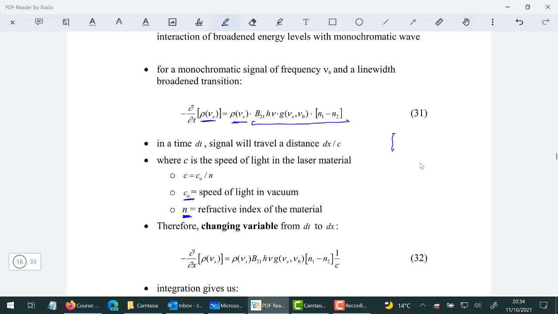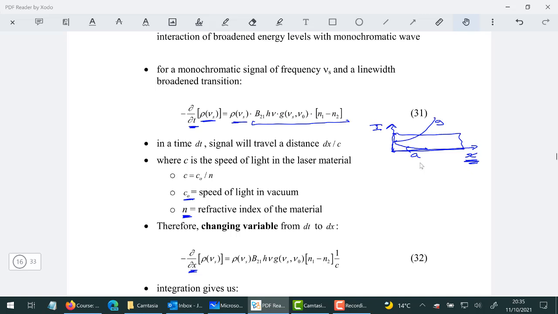because what we're interested in is if we've got a box of laser material here, some sort of slab of laser material, as the light travels through this material, does the intensity grow exponentially or does it decay exponentially? In other words, do we have gain or do we have absorption? That's what we really want to find out: how does it change as it passes through the material. We're not really interested in how it changes as a function of time. We're interested in how it changes as a function of